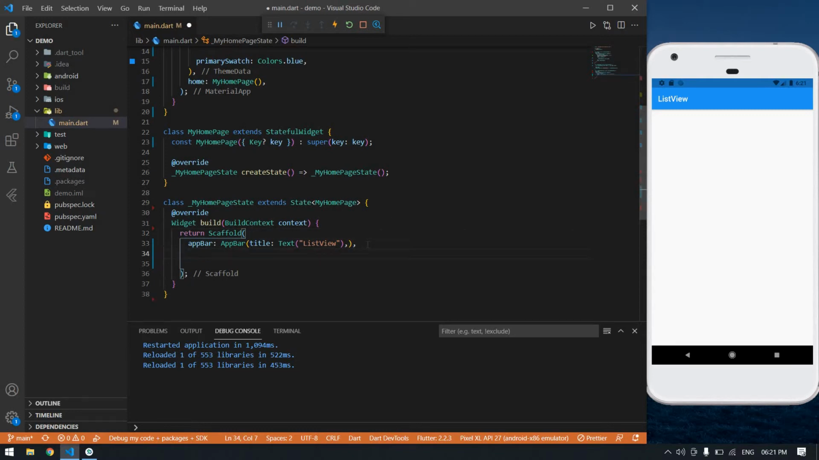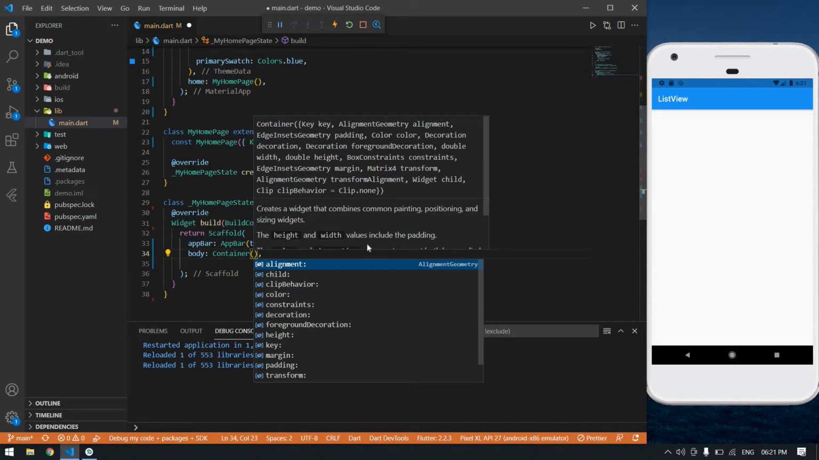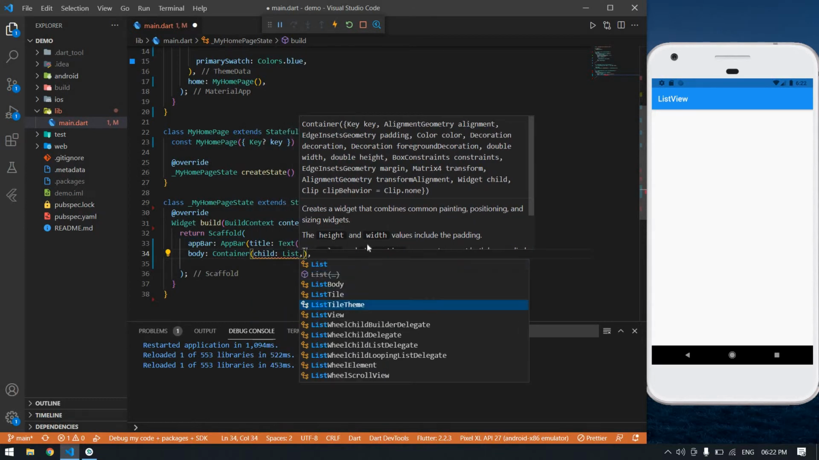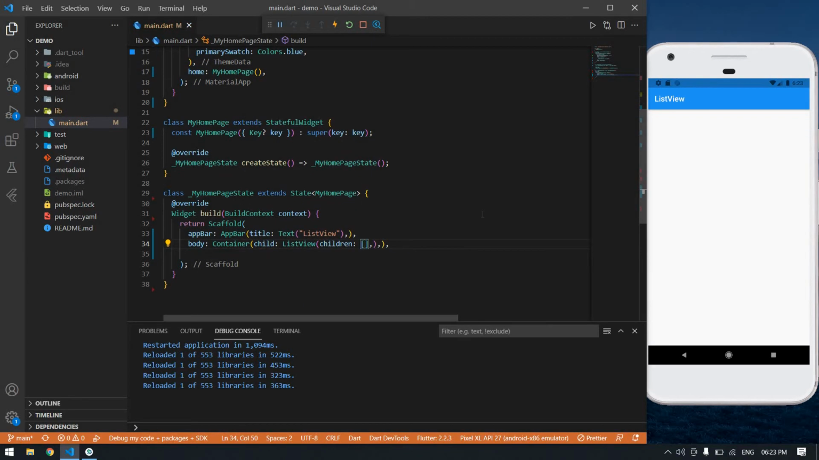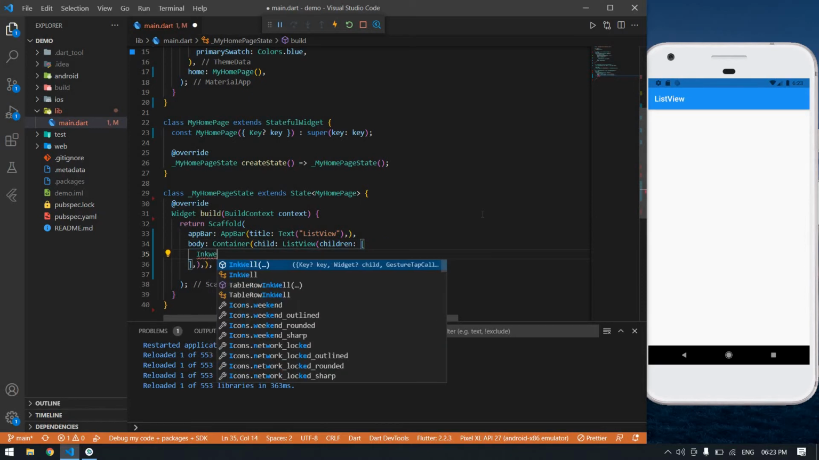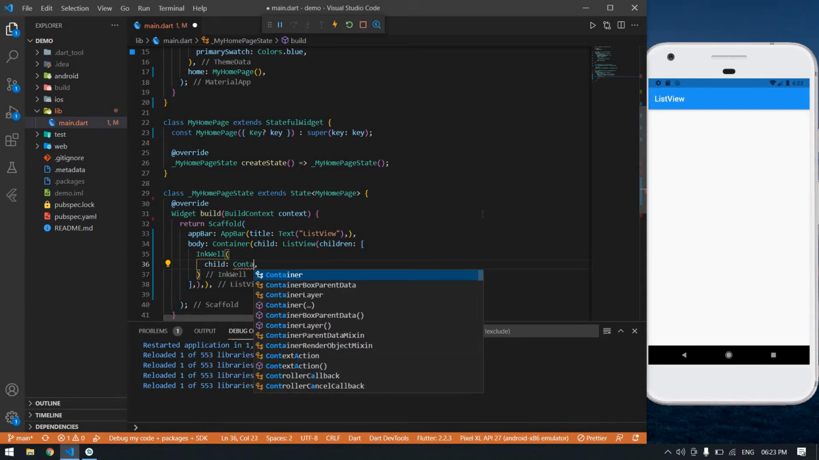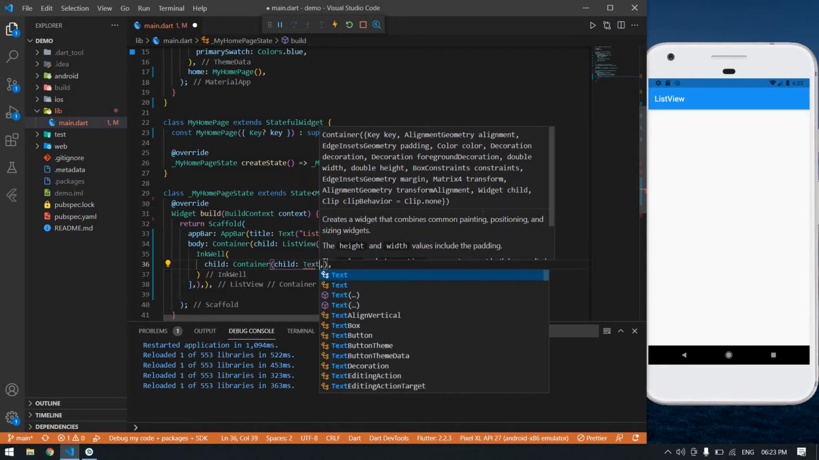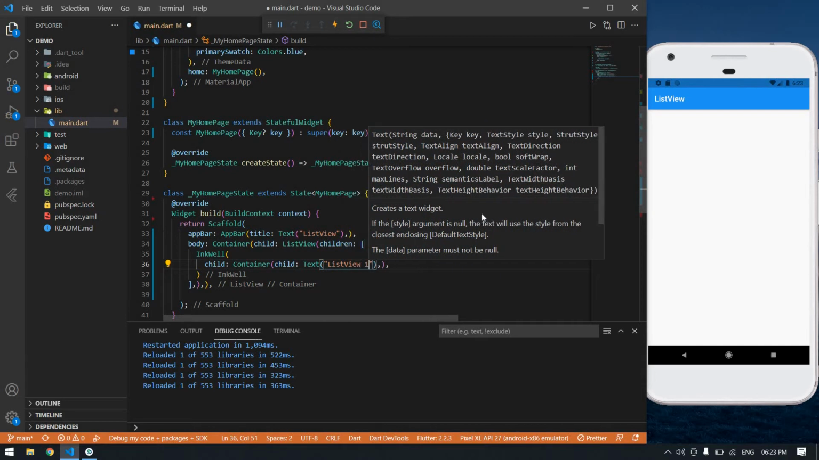After the app bar, I'm going to create a body, container, child, list view. Inside the children, I am going to create an inkwell, child, container. Now I am going to create a child, it's text, list view 1,